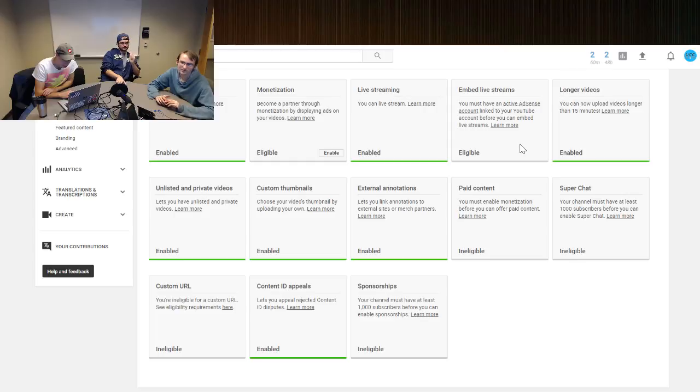Embed live streams. What would that be useful for? Link to your YouTube account. I didn't even know they had that option there. Yeah, I'm not sure I've ever seen that option. I was just looking at these specific options the other day, and I don't remember seeing that one. If that's a new thing, I don't know. Well, they change things all the time, and they don't tell you. So I feel like that's a new thing, and it's probably like the embed videos.